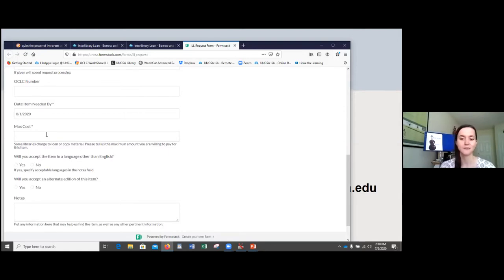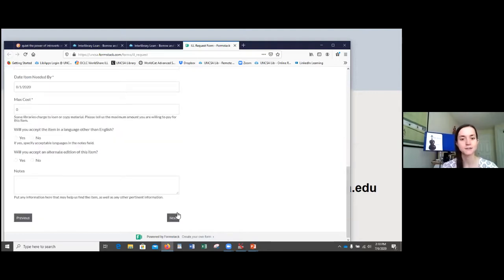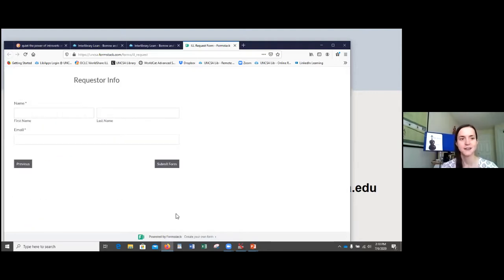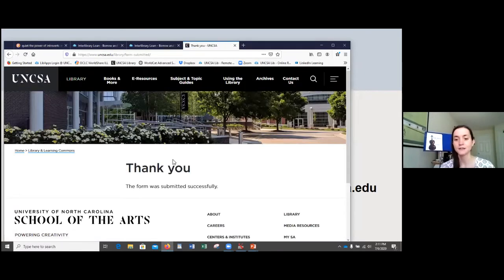So feel free to just put 0, and then you don't have to fill out the other information if you don't want to, and you hit next, and then you just enter your name and email address, and then this form, when you submit the form, gets sent directly to me, and so I can process that